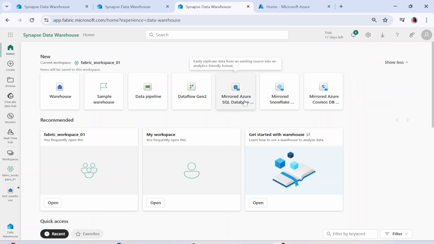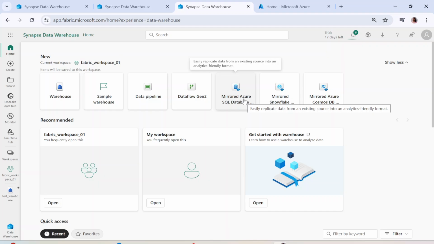When you say mirrored Azure SQL database, the moment you highlight it, what it shows in the banner is that it easily replicates the data from an external source into an analytics-friendly format, which is nothing but your Parquet Delta format. It replicates the data from the existing source. Right now, in this case, it's Azure SQL database, Snowflake, and Cosmos DB.